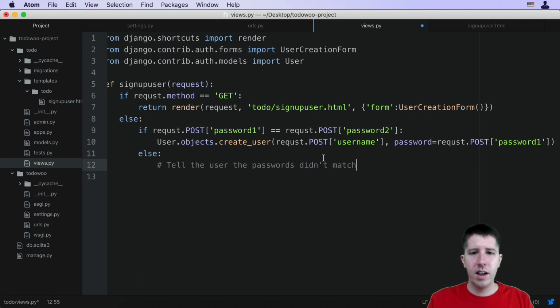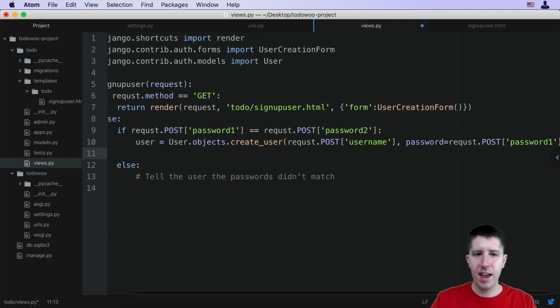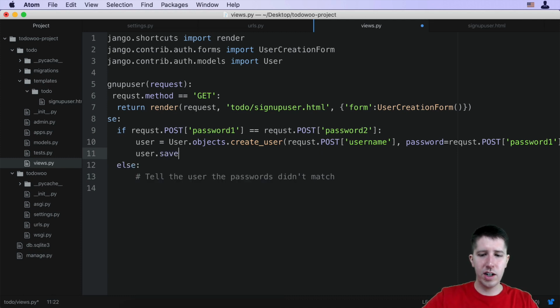Okay. So now that we know that the passwords are complete, we feel a lot more confident in this function here that creates a new user. So when it creates a new user, we have that object. So we're going to pass this into a variable. We're going to say user is equal to whatever it creates. All right. So after we have that user object, we're going to do a user.save, because this first function that